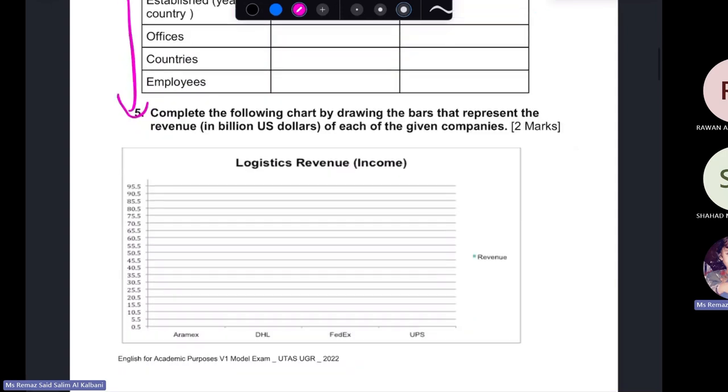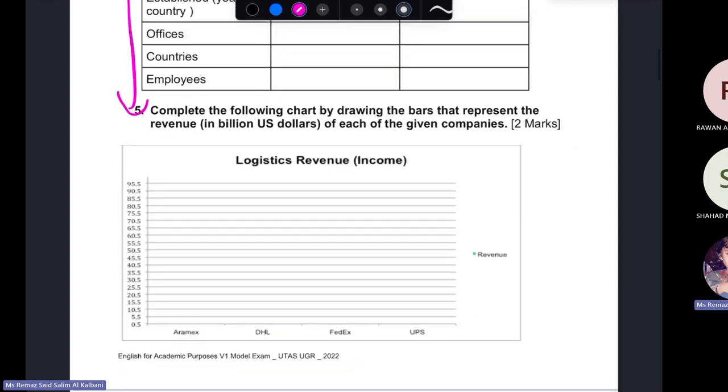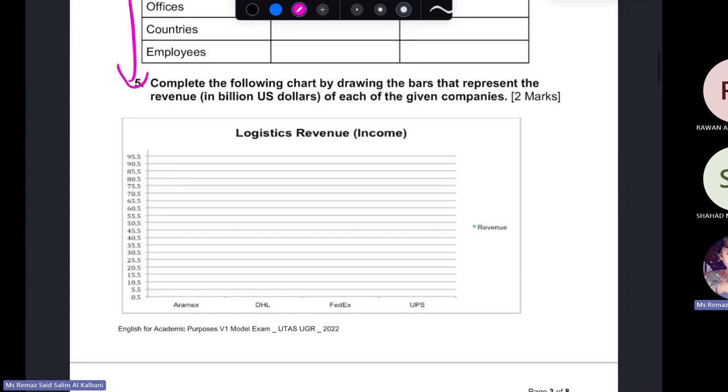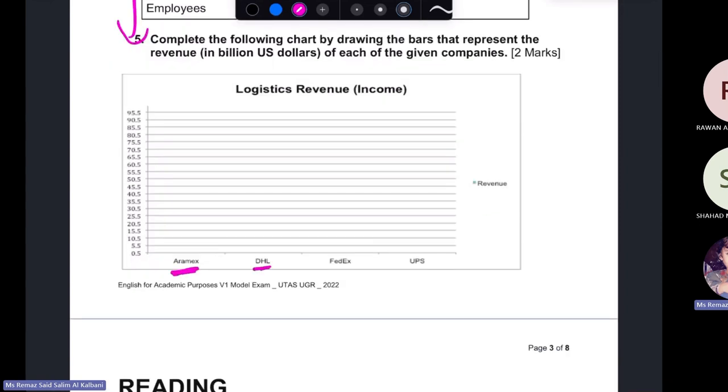Alright, and here you have: complete the following chart by drawing the bars that represent the revenue we are using, in billion US dollars, of each of the given companies. How many companies? You have Aramex, DHL, FedEx, UPS. 4 companies, represented with US dollars in billions. Okay, so you are required to draw